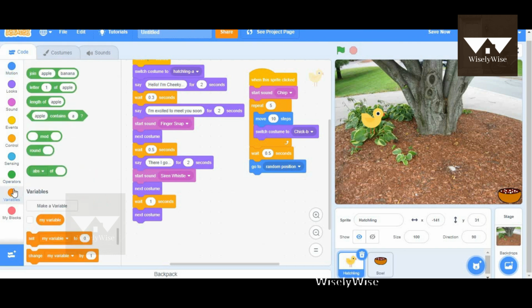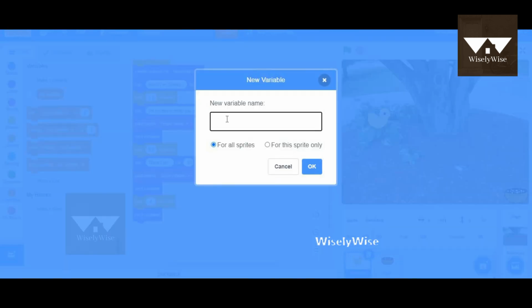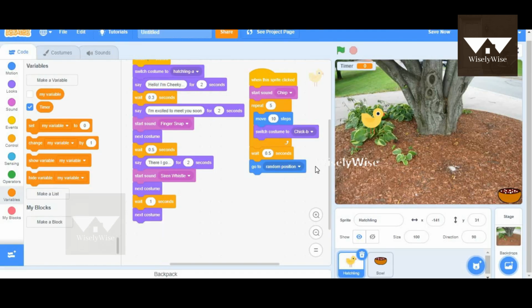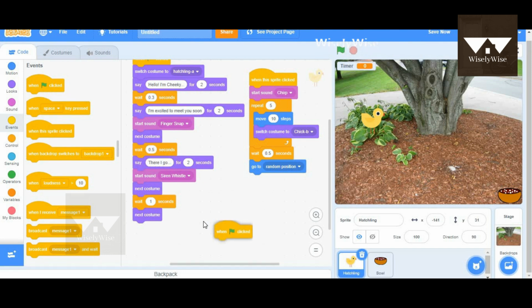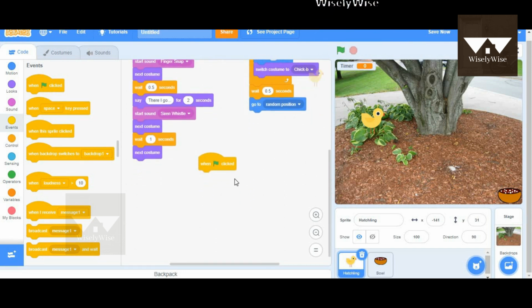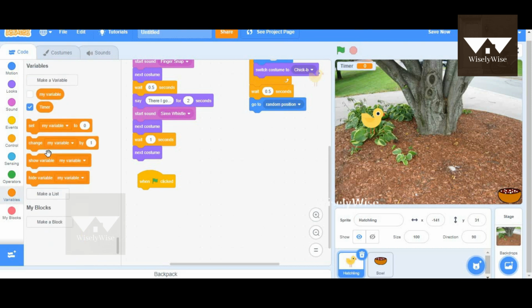For that I'm going to create a variable called timer, and I'm going to click on OK. So we'll make the timer work. So whenever the green flag is clicked, we'll make the timer start. So I'm clicking on the green flag, and then I'm going to go to the variables and change timer by 1. Yes, so whenever the green flag is clicked, it changes the timer by 1,